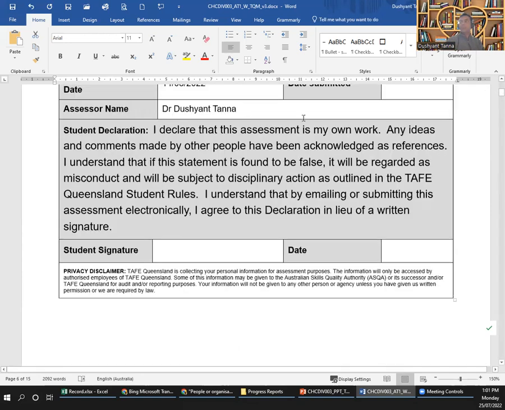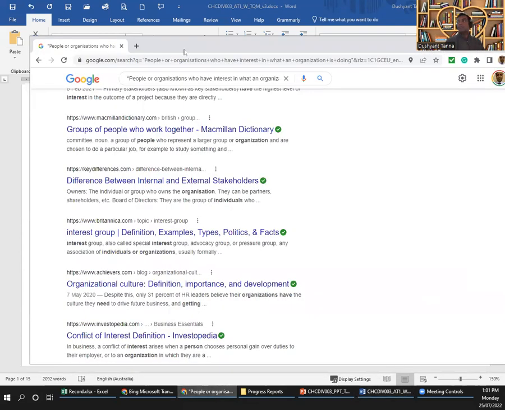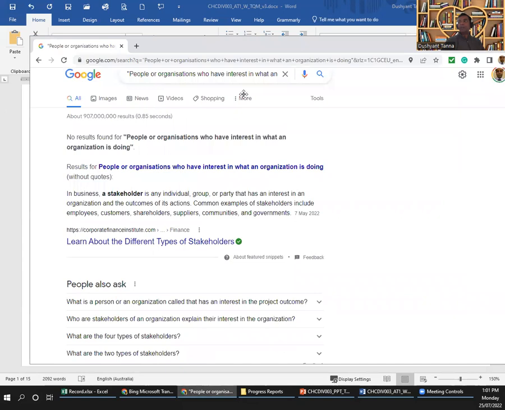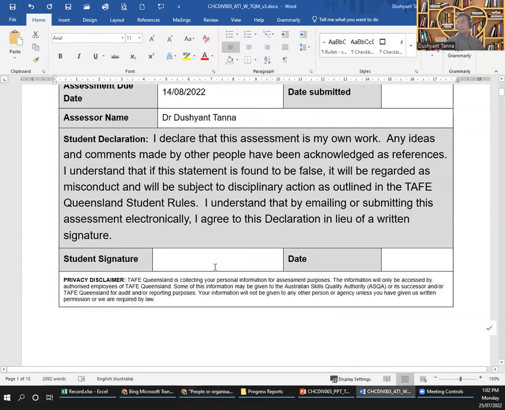So this is what you are agreeing on. How will I check it? For example, just a while ago, someone wrote in the chat about the stakeholder. Right? People in an organization who have interest in what an organization is doing. How will I catch you? Again, that's a part of my job. It's a compliance body. I'll have to do it whether I like it or not. I'll copy the piece of text, for example,